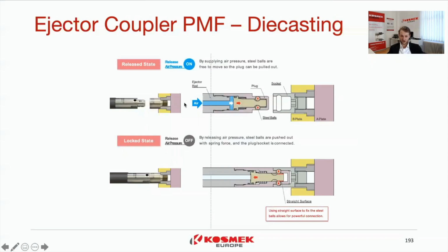When supplying pressure, the steel balls are free to move, since, as we can see here, the piston is getting pushed out. The steel balls are inside of these surfaces, so they can move flexibly, and we can unlock, or release, the socket side from the plug side. If we stop supplying pressure,